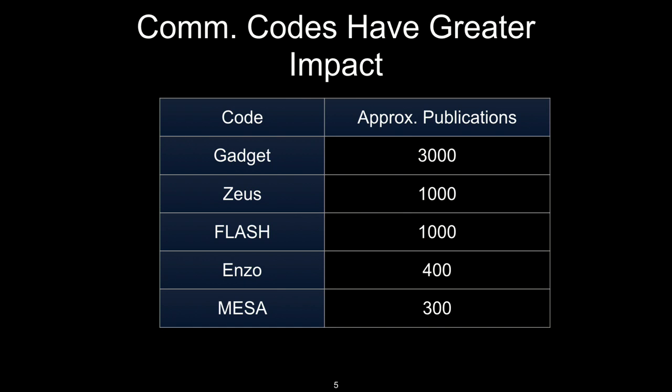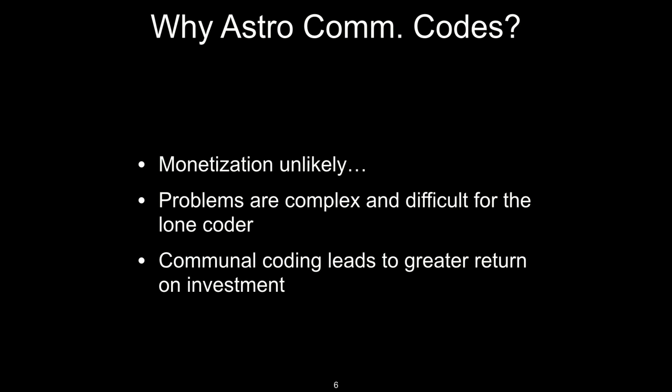In fact, MESA, I've used it in teaching my graduate level stellar physics class. Right? It's easy enough to use that I got the students to use it and do projects with it in class. So, these community codes can have benefits beyond just doing scientific research. They can be extremely valuable in education as well. So these community codes have greater impact than just lone wolf codes that aren't shared, that aren't developed around a community. So why do we do this? Why have community codes in astrophysics or broader scientific domains in general?